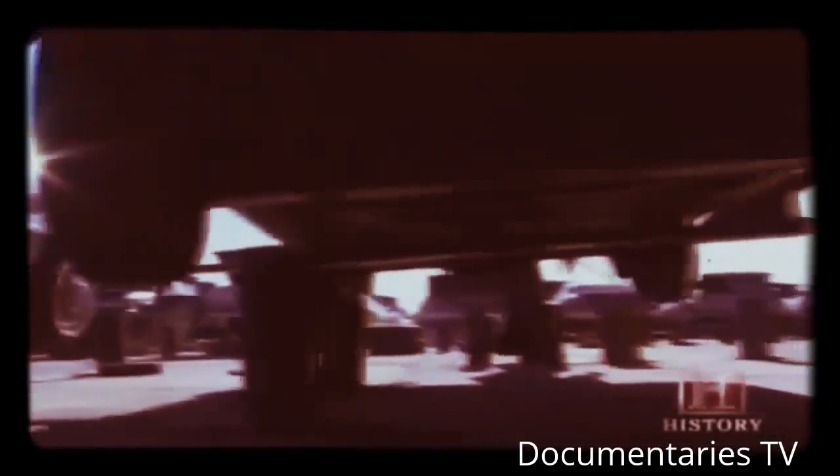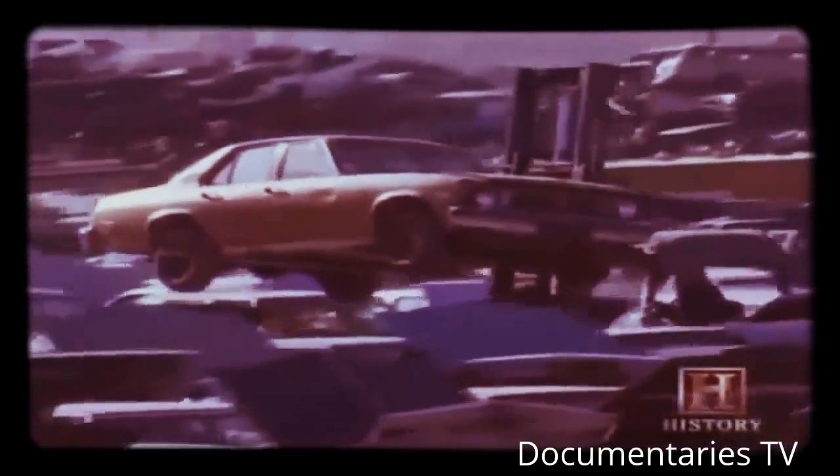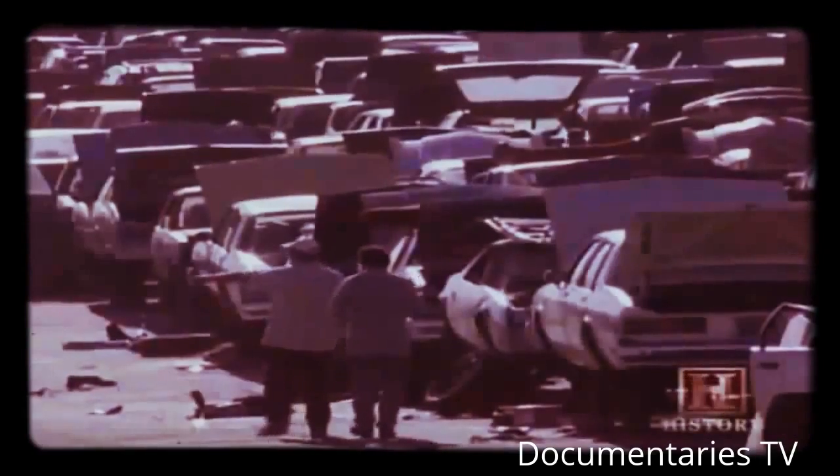The process is quick. In as little as an hour, the car can join the nearly 2,300 other vehicles on display. Pick Your Part yards have become phenomenally successful. At this California yard, between 60 and 200 cars arrive every day. And on a busy Saturday, as many as 4,000 customers can be found pulling off fenders or prowling under the